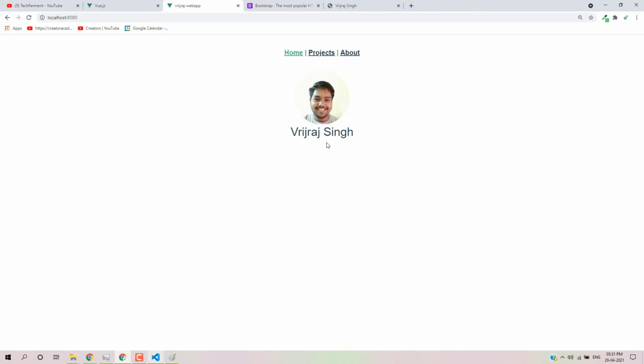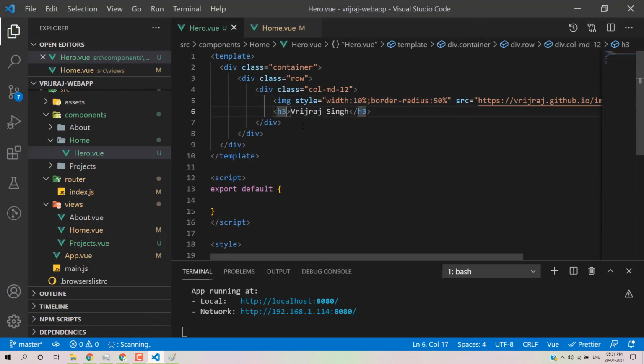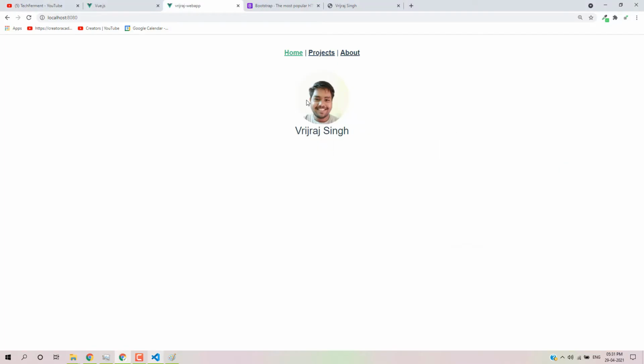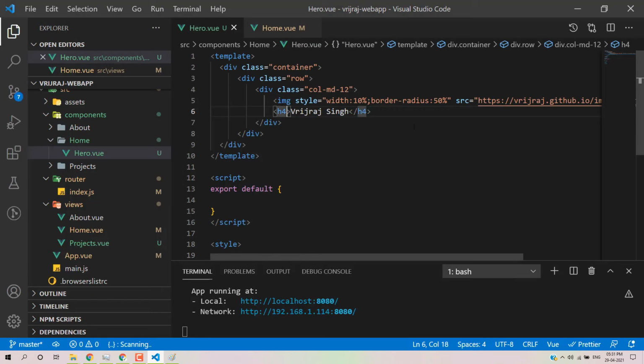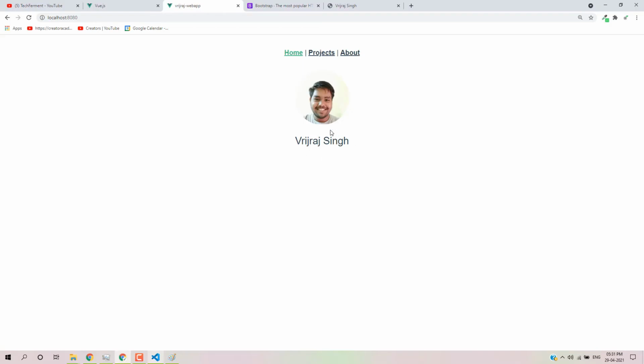So we have a circle and then we have a name. Right now we are using S3, so I'll go for the H4. So this one is for H4. Yeah, it's working. And we are working on Bootstrap, so we have a predefined class. This one is for my, or you can mention mt. So you can mention the four, like margin top is four.